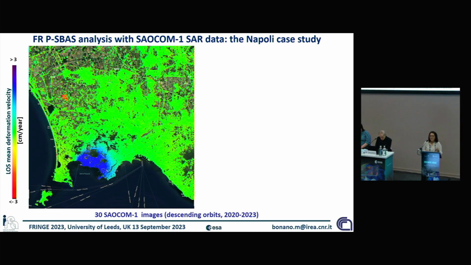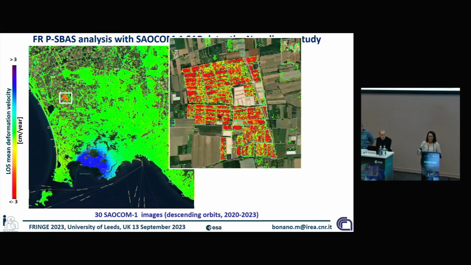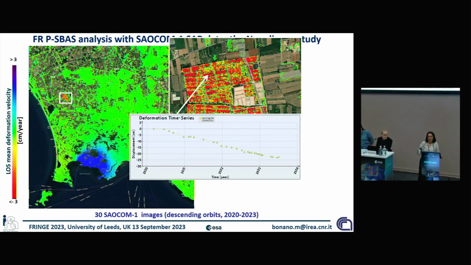We show these descending orbits just to make a comparison with what we get with COSMO-SkyMed. We can see that this red area, which corresponds to a trash loading, we can see here the zoom-in view, was not possible to detect through COSMO-SkyMed, maybe because the deformation behavior is quite big. We are talking about 25 centimeters in almost 3 years. So maybe because of phase unwrapping problems, X-band was not very good. And in this case, L-band can give us a very big help.